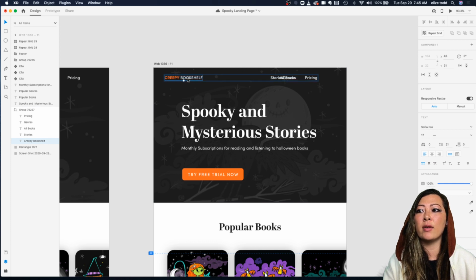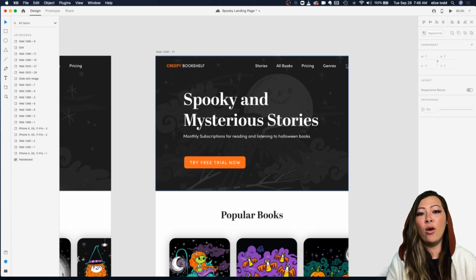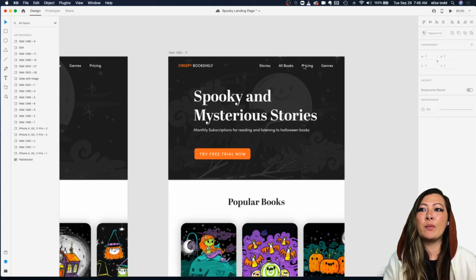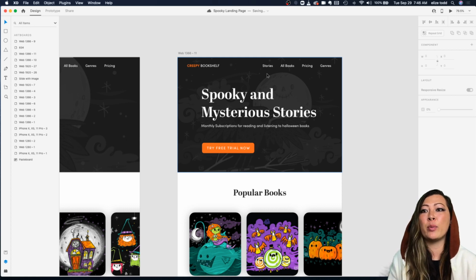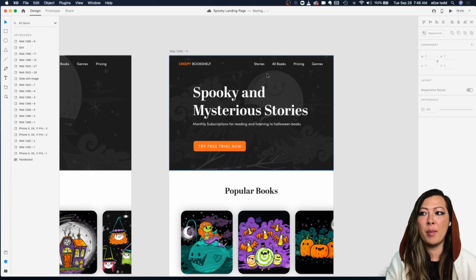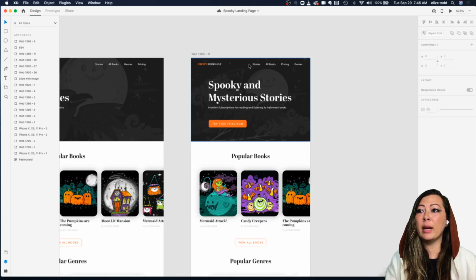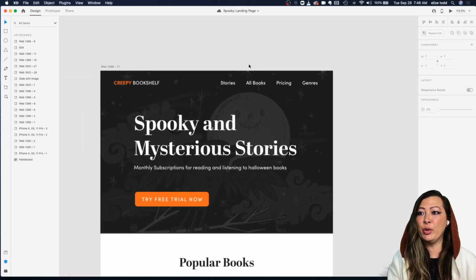So let me scoot this guy over, the logo, and then let me drag these over. And I'm looking at it and I'm like, I don't know if it really needs to have a hamburger menu. It can all fit fairly decently in here. So I am going to keep it as is. If I had 8 menu items and I had all these drop downs perhaps and so forth, and it was pretty large, then I would probably move that all into a hamburger menu. Okay, and if you don't know what a hamburger menu is, you will find out when I go into mobile